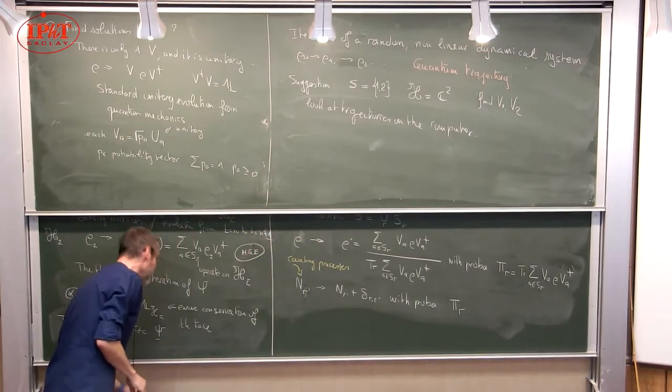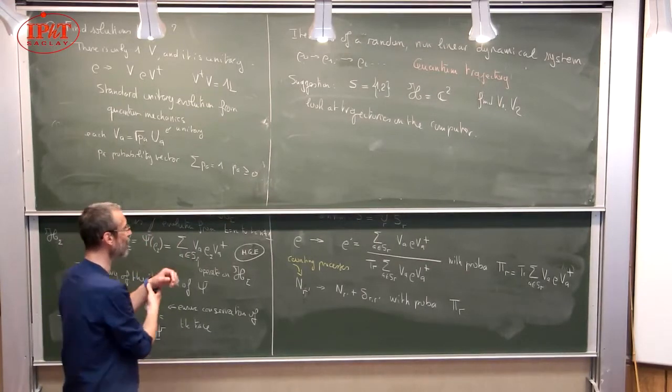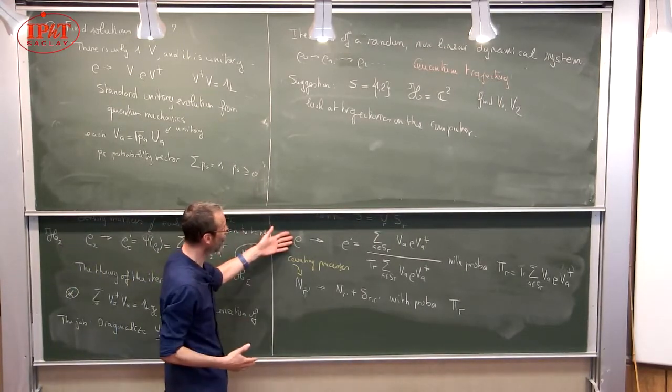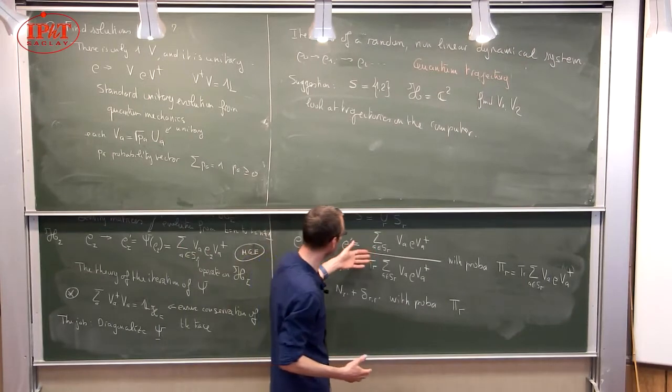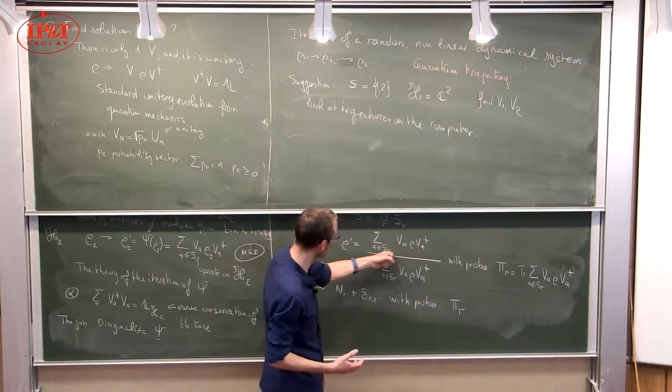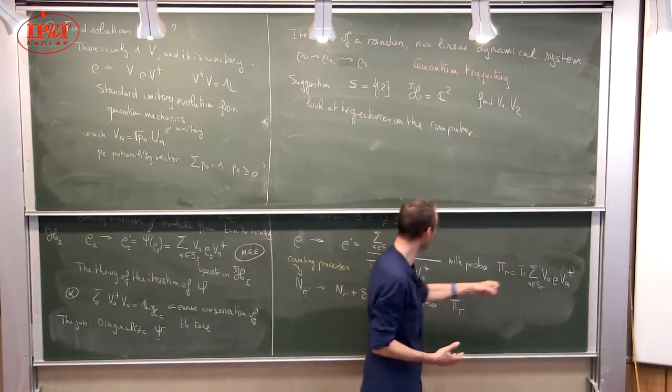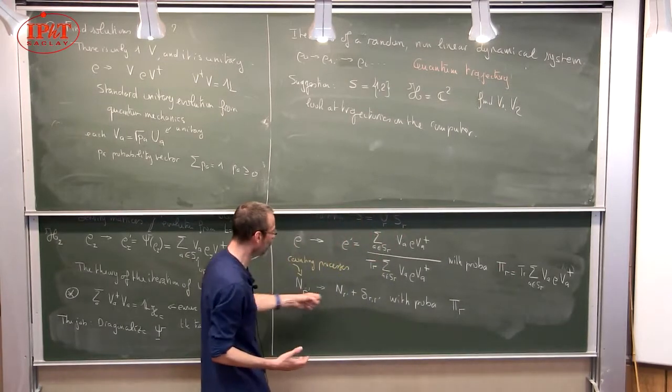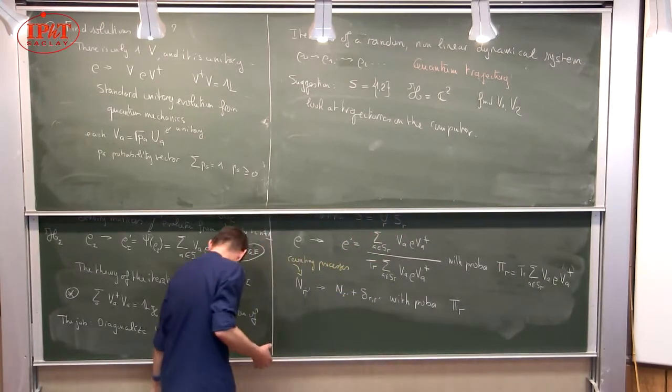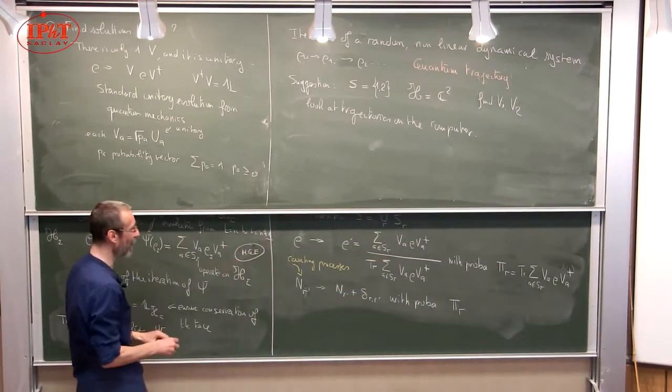When you iterate this map, each time you have to choose one of the R's. It's chosen with a certain probability pi_R, and keeping track of which ones is wise